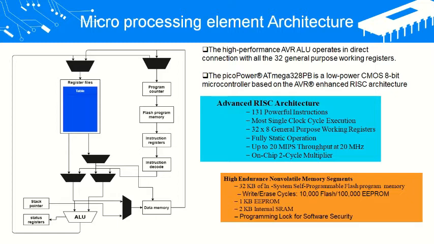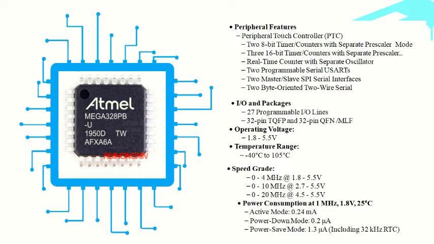Now, the correlation between the architecture discussed in the previous section, that is the AVR architecture. This is the thing I have already discussed: the input output ports, the internal block diagram, operating temperature, speed grade, power consumption and everything. This is the chip from Microchip. When you go for buying it, you will find the same thing like this.